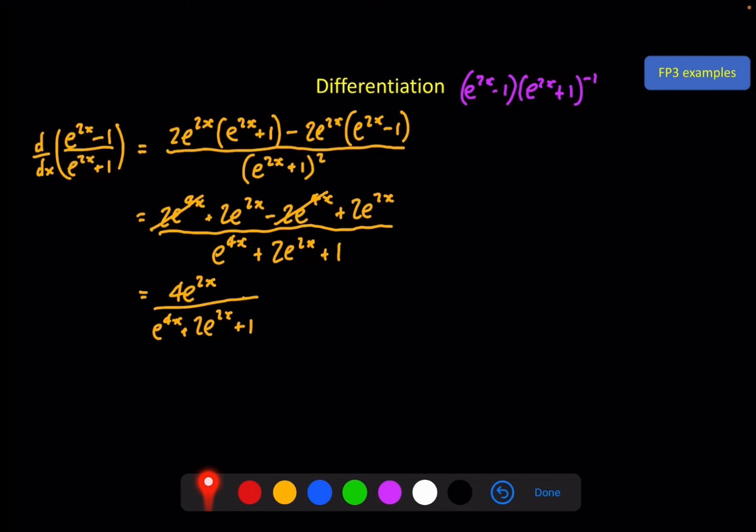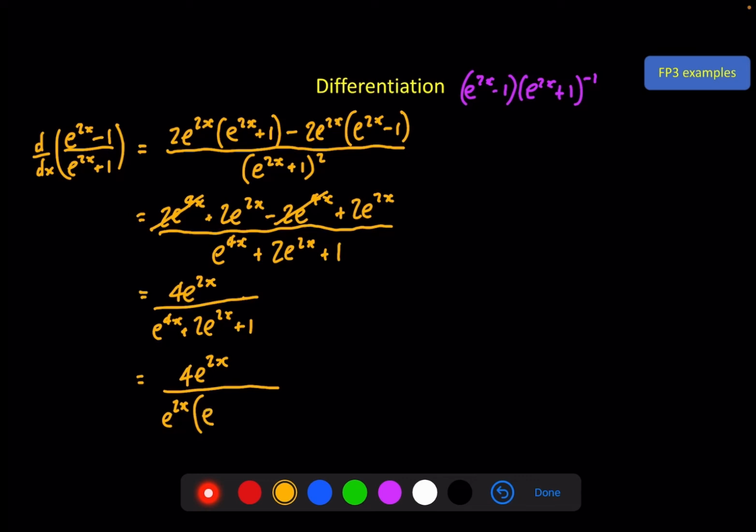But there's this little sneaky trick that I've alluded to that once you've seen, you'll understand works, but might not occur to you until you've seen it. It focuses on the idea that we don't really want this e to the 2x in the numerator, because if you do sech squared and you put that into exponential form, you get a 4 in the numerator by itself. So to get rid of this e to the 2x, we're going to need an e to the 2x in the denominator that we can cancel it with,